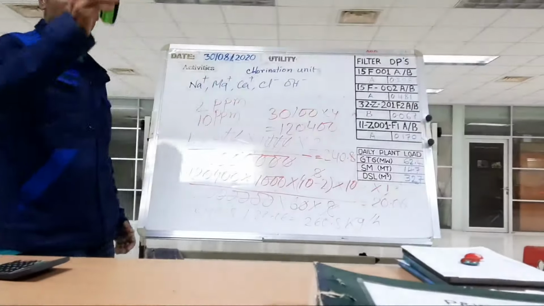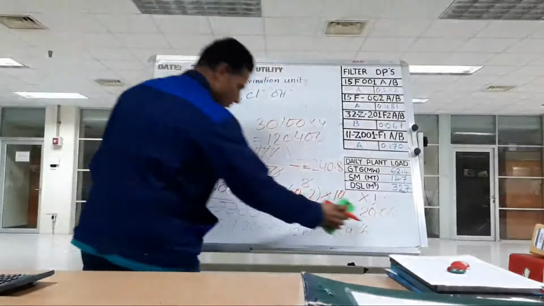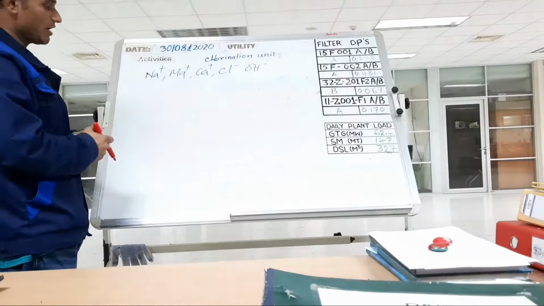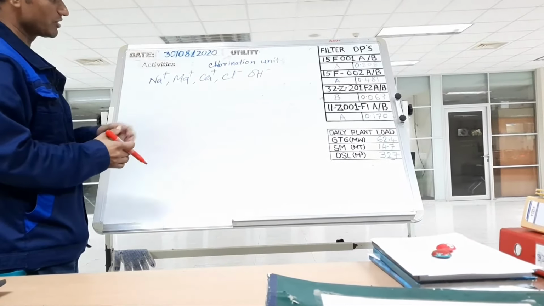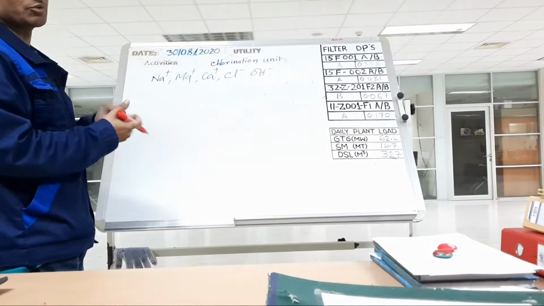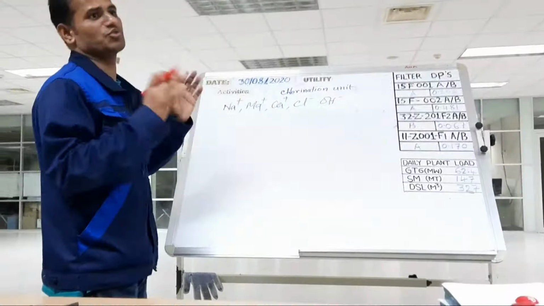But our plant is not at 100% load now. How much load is our plant now? This we can also calculate easily. At 100% load, if 1,20,400 meter cube flow, we can produce 260.8: 240.8 in continuous mode and 20 kg in shock dosing mode. But now our plant is not 100% load.